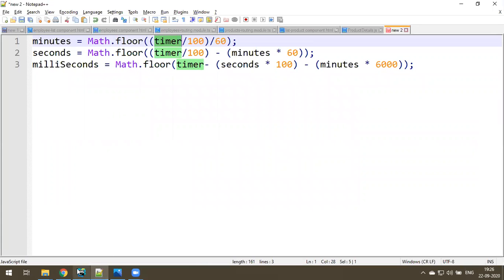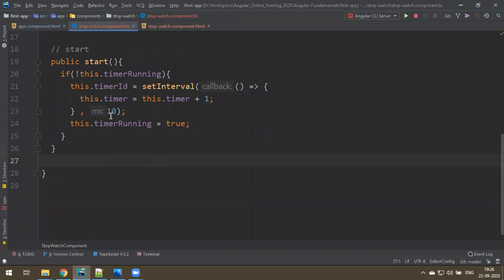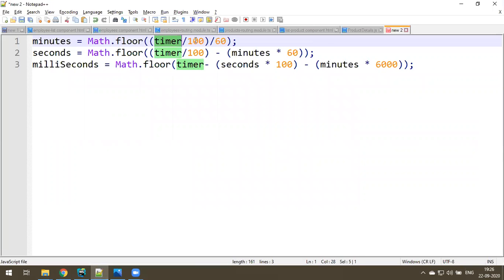So the timer I have given is actually for 10 milliseconds. So timer divided by 100 divided by 60 is the number of minutes, and that minus this one, divided by 100 minus 60, you get seconds. The remaining is milliseconds, like that. So I need three variables now: minutes, seconds, milliseconds.